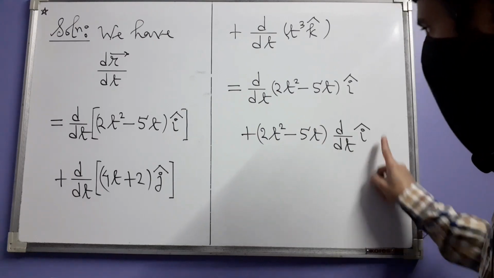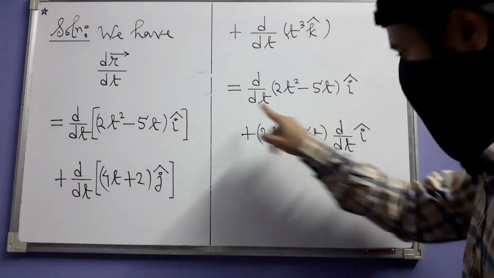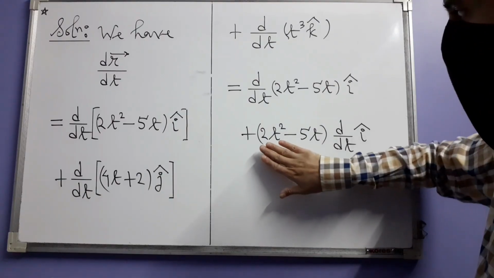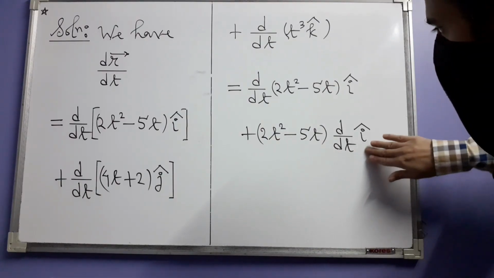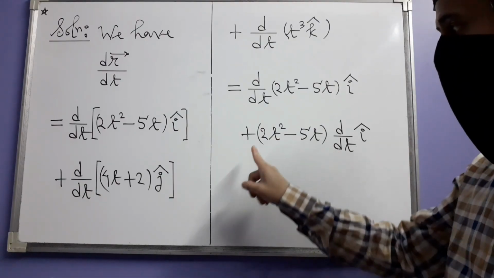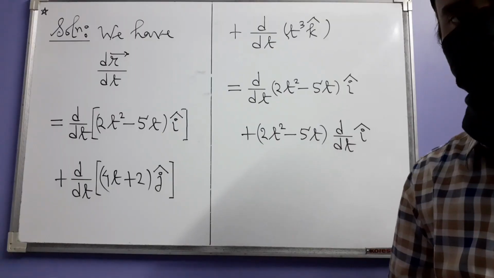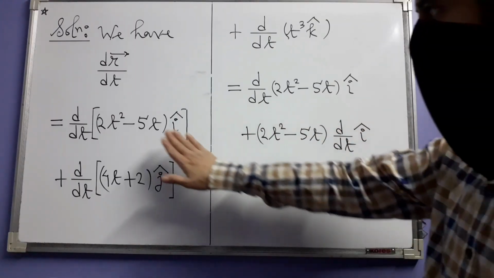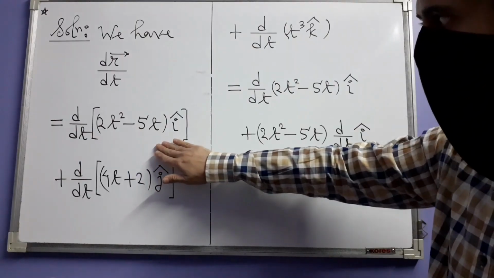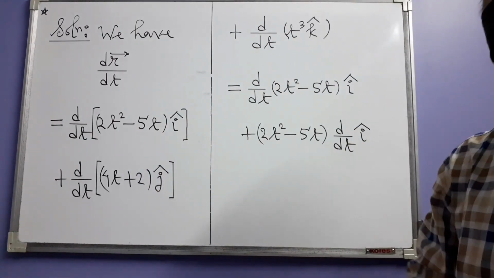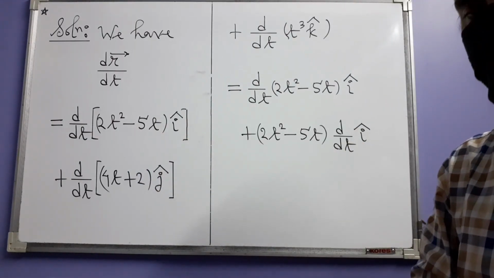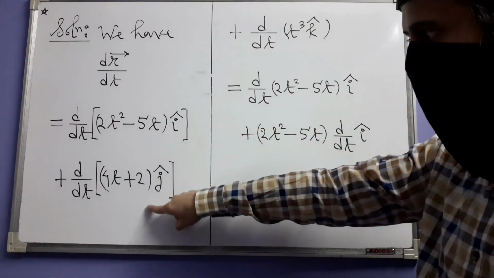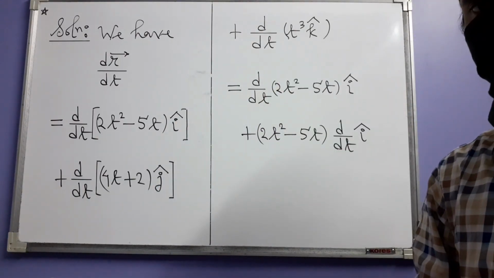So that 0 vector, when you add it with this vector, you only get this vector. If you somehow think of this part as 0 scalar, then this addition does not make sense. But anyway, this part won't be there. So that means we only differentiate this and we keep i hat just i hat. So now with that understanding, I will simply erase this, and accordingly I will write these things also and complete